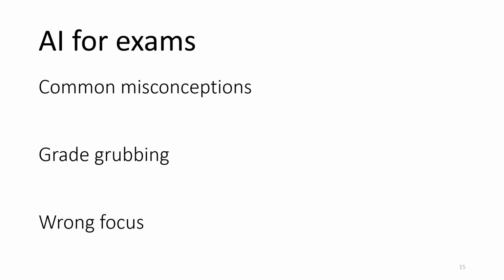So, common problems that AI has when trying to answer an exam are, well, first, it itself has a lot of common misconceptions, right? Because ChatGPT has swallowed the entire internet and is feeding you back pieces of the internet bit by bit. So if you ask it about something that a lot of people get wrong on the internet, well, ChatGPT might also get it wrong, especially around Scrum, for instance.